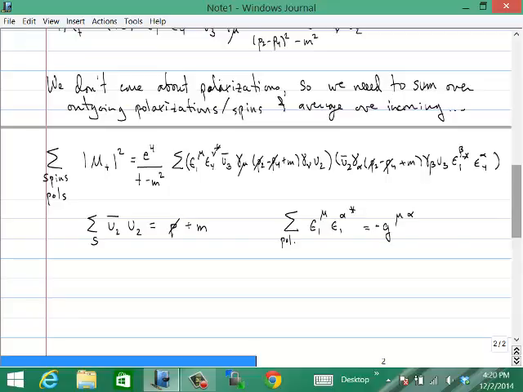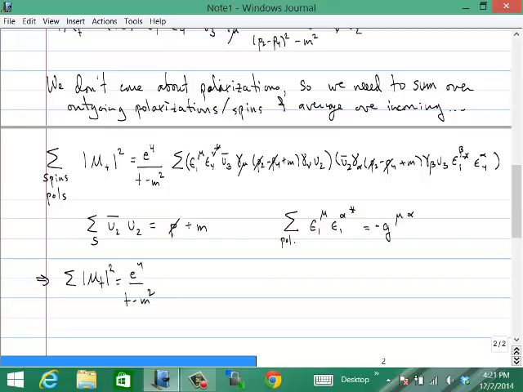So this is the sort of manipulation that you're going to have to get used to. We're not going to do a ton of these manipulations, but at several points we're going to need to go between scattering amplitudes to actual cross sections where these sort of manipulations are important. So when you calculate this sum,